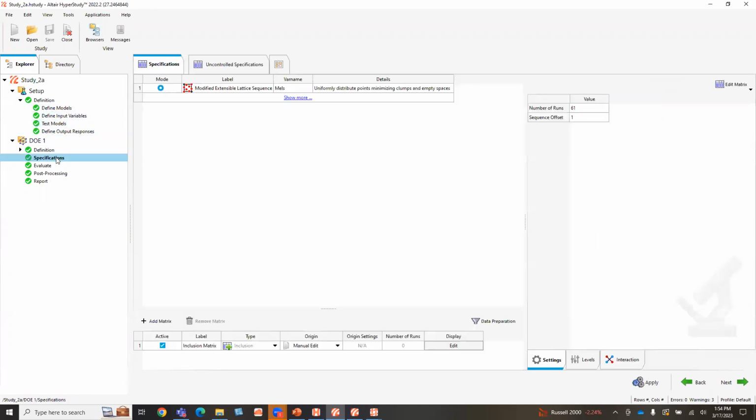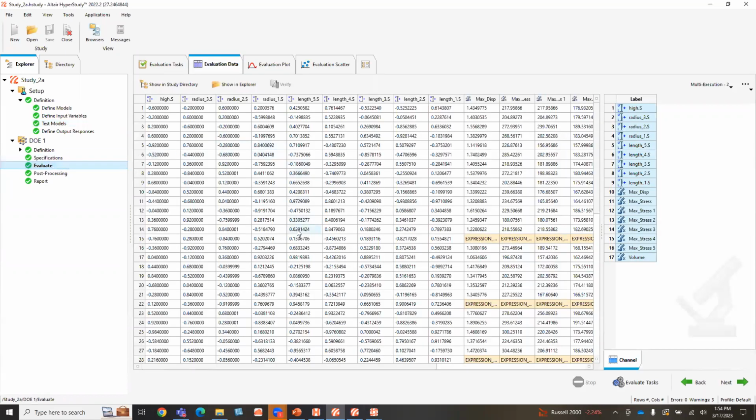From there, I can actually run a DOE, and you'll see in this case there are 61 different scenarios. It does this all within the tool. It delivers all the results and all the responses directly within the GUI. So if you're trying to run a lot of different scenarios, as you know, it can become very tedious trying to do that in just HyperMesh or whatever sim tool you're working with. In this case, it puts everything into the same environment,